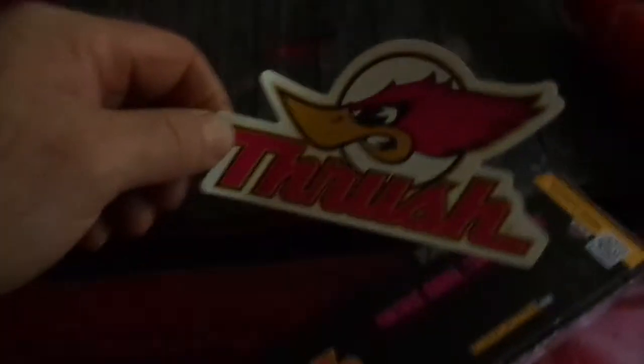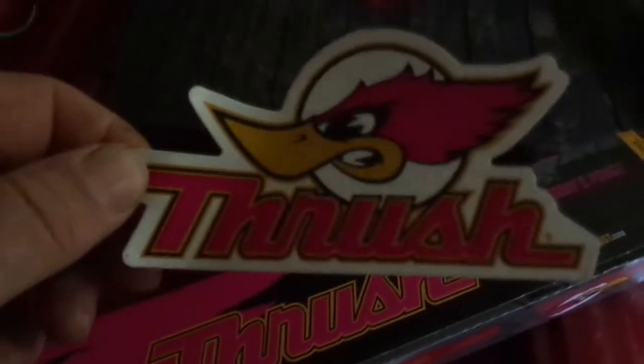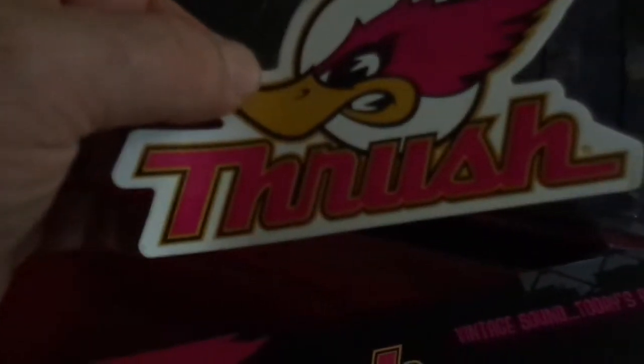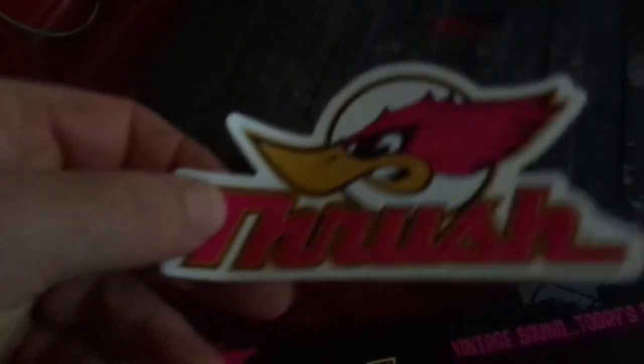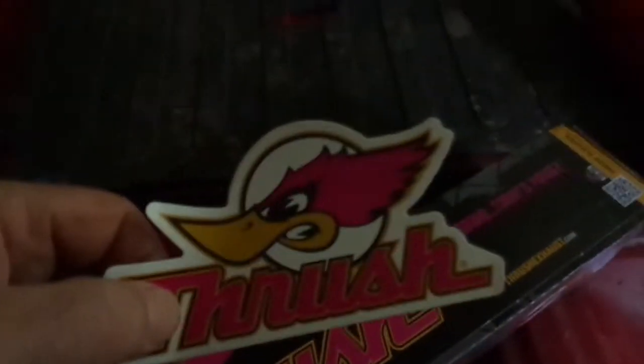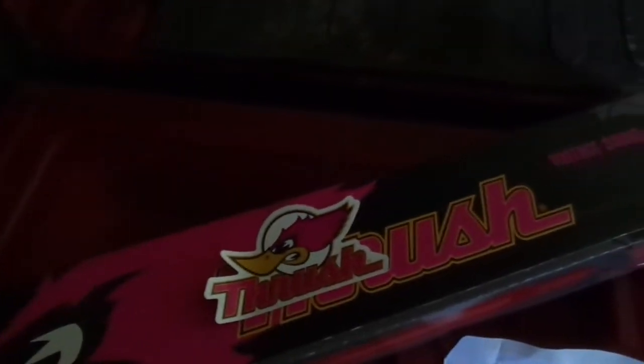Oh yeah, the main reason for getting this is this little sticker you get when you buy a thrush muffler. I remember back in the day we used to get them, and you just got the little bird, and I don't remember the thrush being so big. We used to put them on the side vent winder on the door of our vehicle. I've had these, like I said, on a couple old cars, and they had the vent winders. We'd stick them on each side because we had duals back then, and you got two of them. Well, anyway, guys, let's get into this whole project,